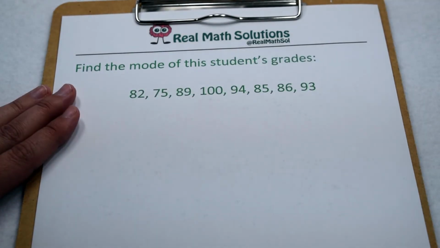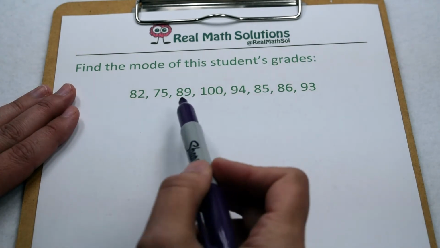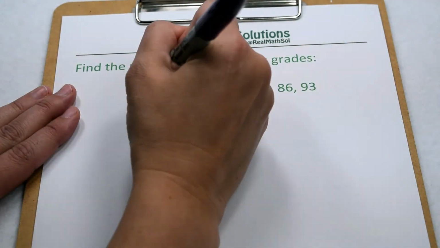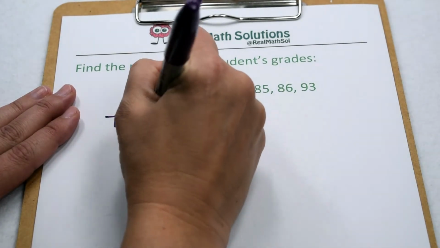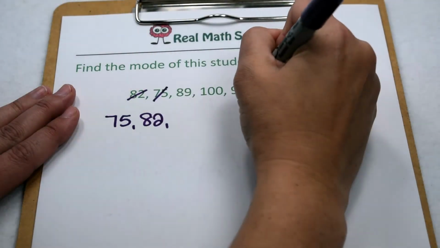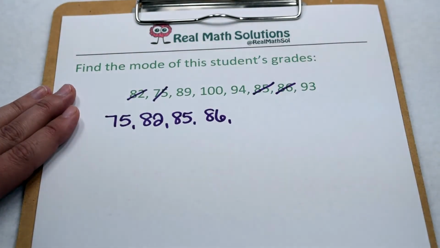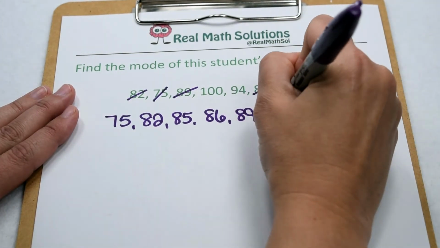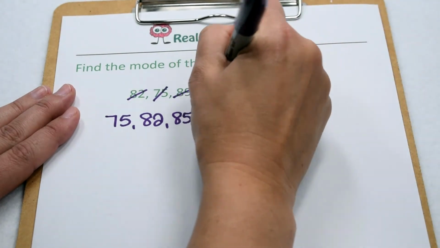What if your final grade for a class was determined by the mode of all of your grades? Well, here we have a student and the grades they have so far. To determine what their final grade would be, we're going to find the mode of their data. First, we need to put it in order from least to greatest. Their lowest grade is a 75, followed by an 82. On the other end, we can see they have an 85 and an 86, so those would come next. From there, they have an 89. That would be followed by the 93, and then we have a 94,